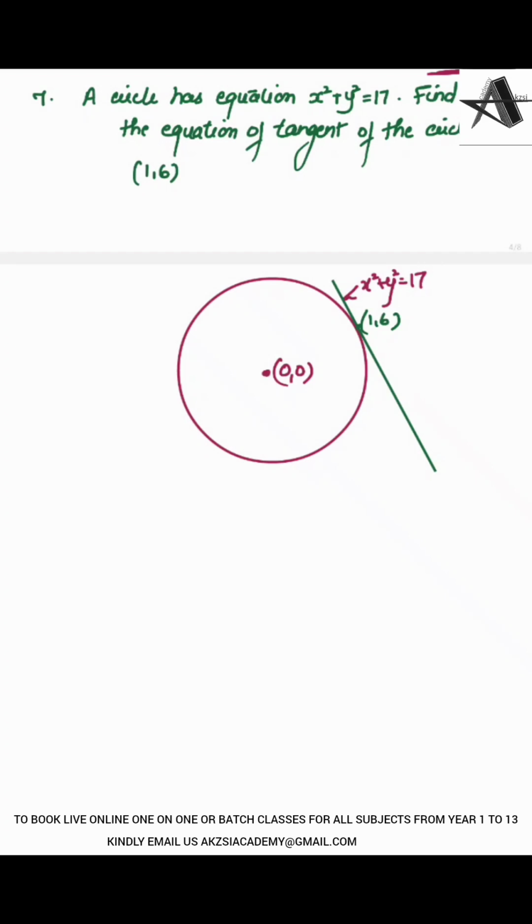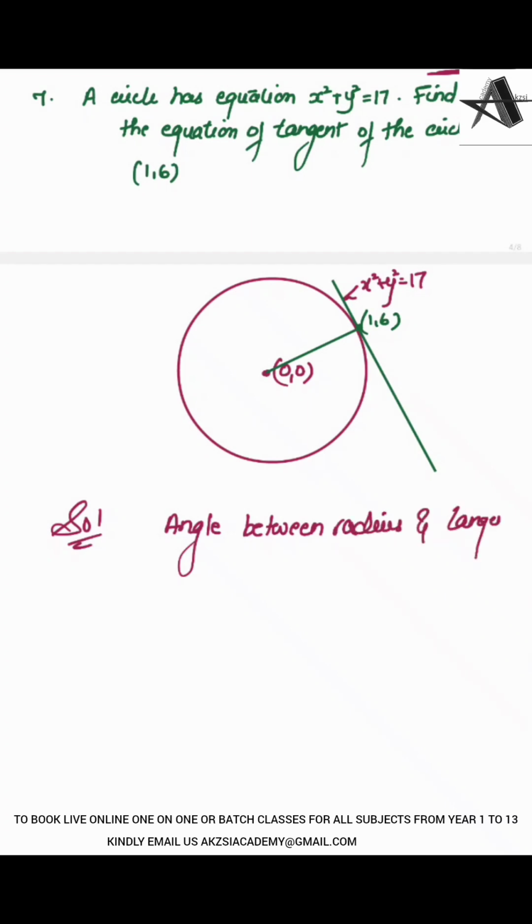First there is a circle theorem, because definitely for this one we have one point, but we should know the gradient. To calculate gradient, there is one thing which is important. If you join the tangent and the radius of the circle, they should be perpendicular to each other. This is the circle theorem, which says that the angle between the radius and the tangent is always 90 degrees. So same I am writing it here, that angle between radius and tangent is 90 degrees. Therefore,